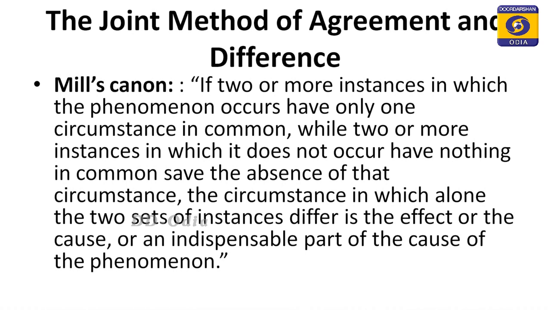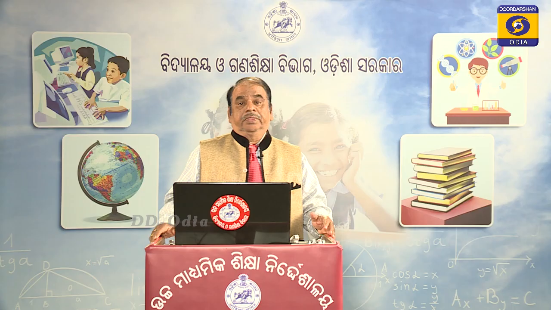Here, instead of just combining the two, we take two sets of instances. One set is the positive set of instances and another set is the negative set of instances,